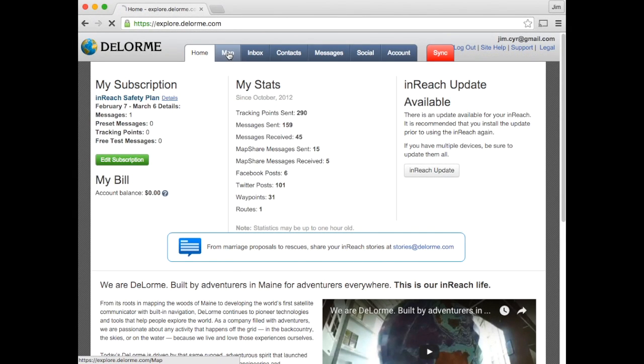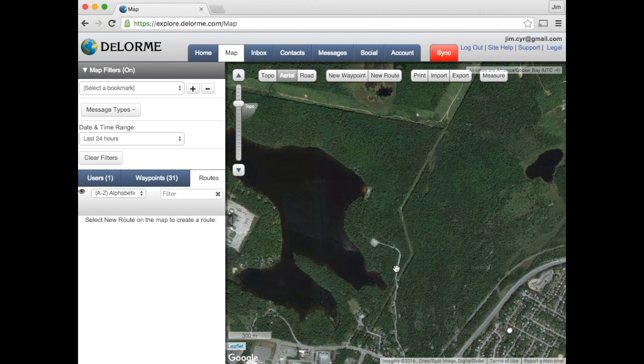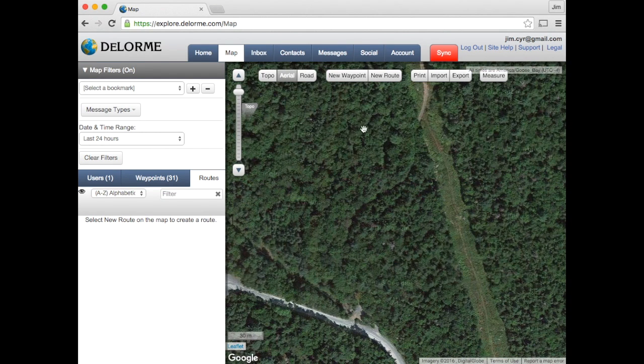In this video, we will take a look at route planning with our InReach Explorer. First thing we need to do is log into our portal, go into our map tab, new route, and we're going to start clicking a point. Here we have a trail that we want to explore, so we're just going to use the satellite images to plan our route. So let's speed things up here.